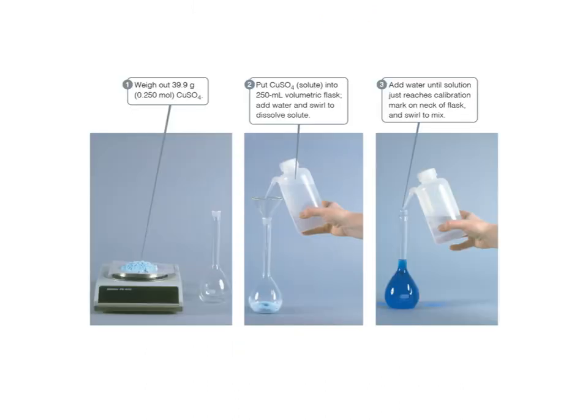All right, here's how to do it. Let's say we wanted a solution of copper sulfate here. So we're going to weigh out 39.9 grams of it, which corresponds to 0.25 moles. So you're going to use molar mass. If you want 0.25 moles, you're going to have to weigh out 39.9 grams of this beautiful blue solid. You're going to take your solid,